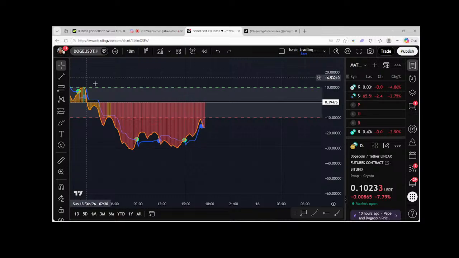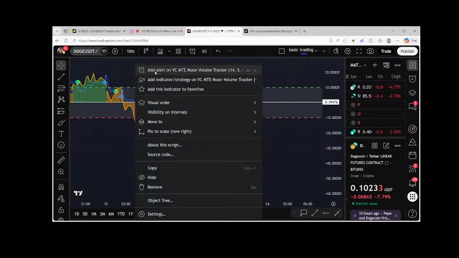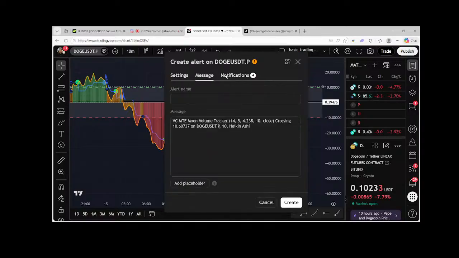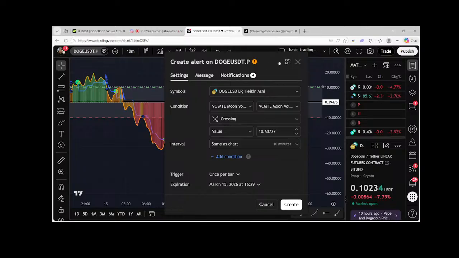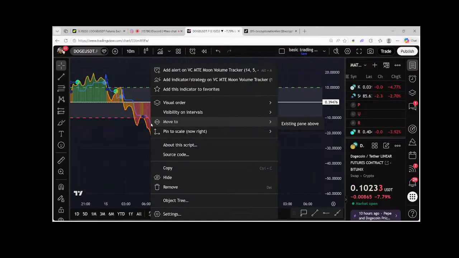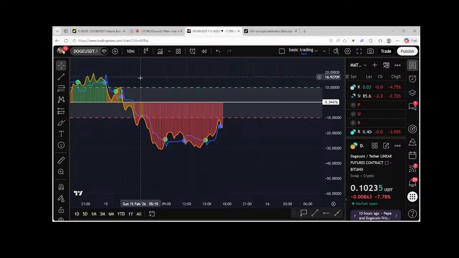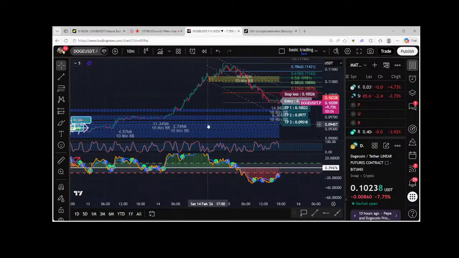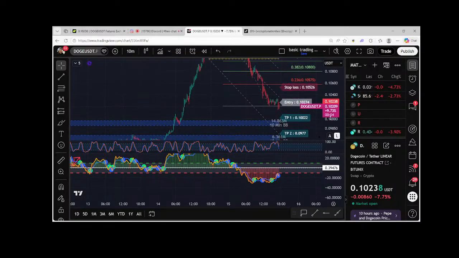And when we click on it here, you can see settings. We'll right click. It is the VC Making Trading Easy Moon Volume Tracker, right? So what it's doing is it's tracking the volume and price action. It's the only thing that matters. So no matter what support, resistance, Elliott waves, Fibonaccis, or order blocks that you're trying to trade, at the end of the day, the only thing that matters is